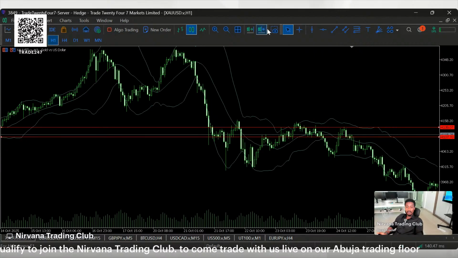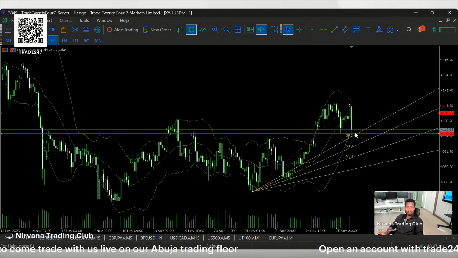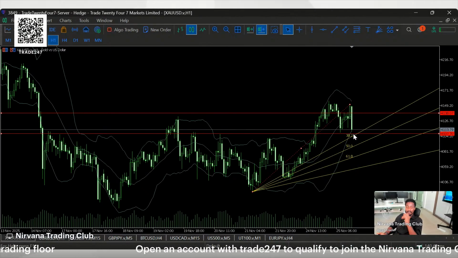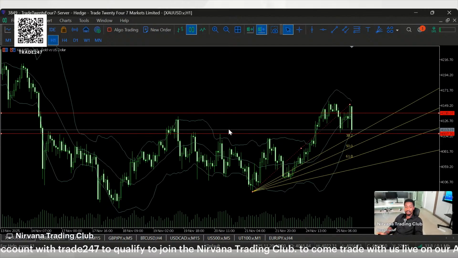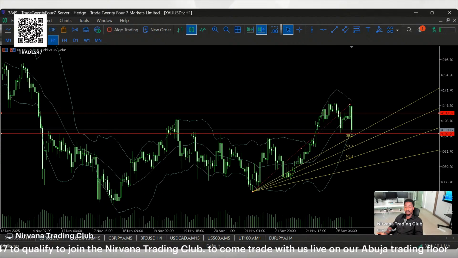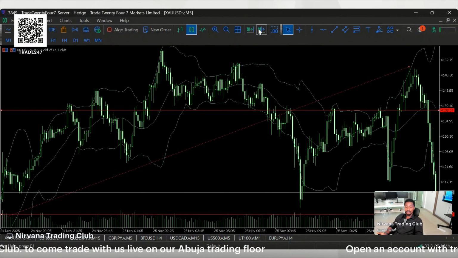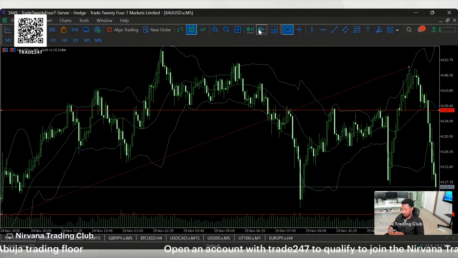And on the 1 hour, we have a circle of completion here, coinciding with the Fibonacci level. And what we are supposed to be looking out for now is how, or if we're going to get confirmation here on the 5 minutes time frame. We also have